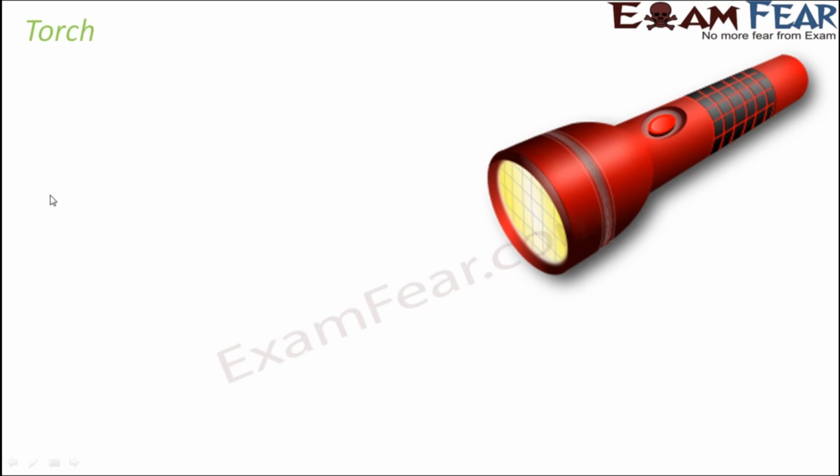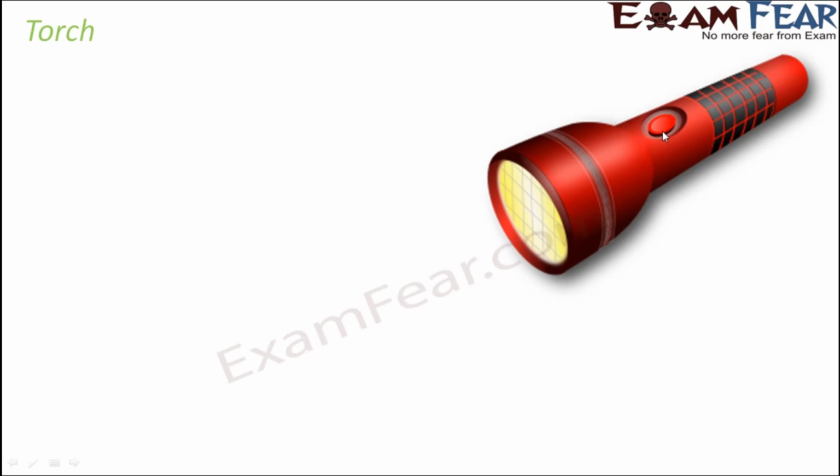When there is a power cut in your house, or if you are going out at night to a place which is very dark and lonely, you carry a torch. It gives you a lot of light. Now, how does a torch work? You have a switch here, a slider switch. So you just slide it and it is switched on, and it gives you light. When you slide it back, it is switched off and it doesn't give you light anymore. So that's how it works.